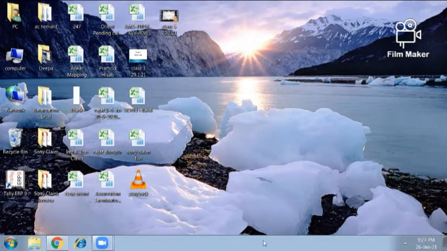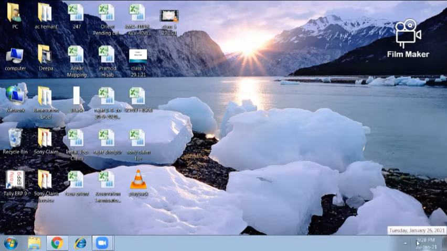This is the taskbar. The bottom bar is known as the taskbar, and we have two parts of the taskbar: this right hand side and this left hand side. On the left hand side we have the Start button, and on the right hand side we have the System tray, which shows the current time and date.